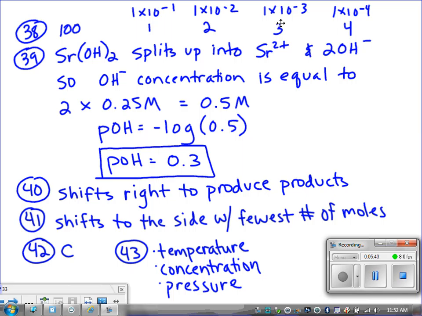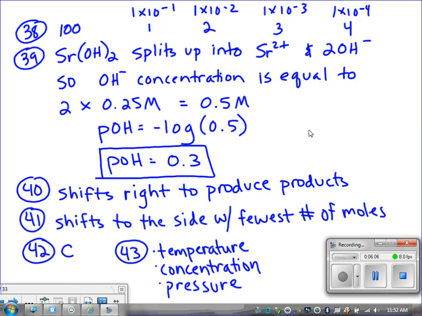So these are all varying by a factor of 10. So if we go from a pH of 4 down to 2, 4 to 3 would be a 10 times difference, and then 3 to 2 would be another 10 times difference. So 10 times 10 is 100. It's 100 times difference if you move 2 spots over on the pH scale. Number 39,